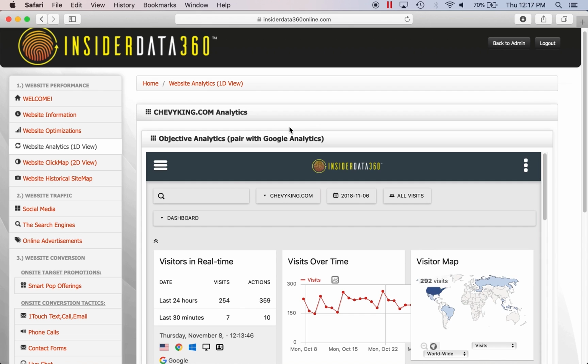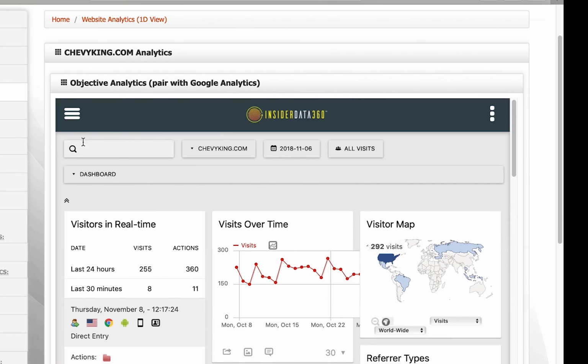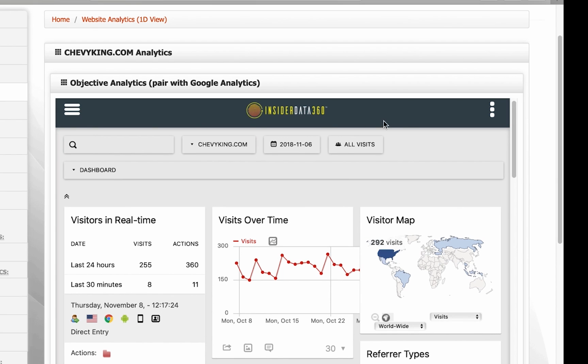Google Analytics is an awesome tool, very powerful, although Google is a for-profit agency and they do tend to lump results together and lead individuals into buying particular ad campaigns or things that might improve your website from a Google perspective. But there are other search engines at play, not just Google. So this is a great asset in your toolbox to be able to run an objective analytics report against your